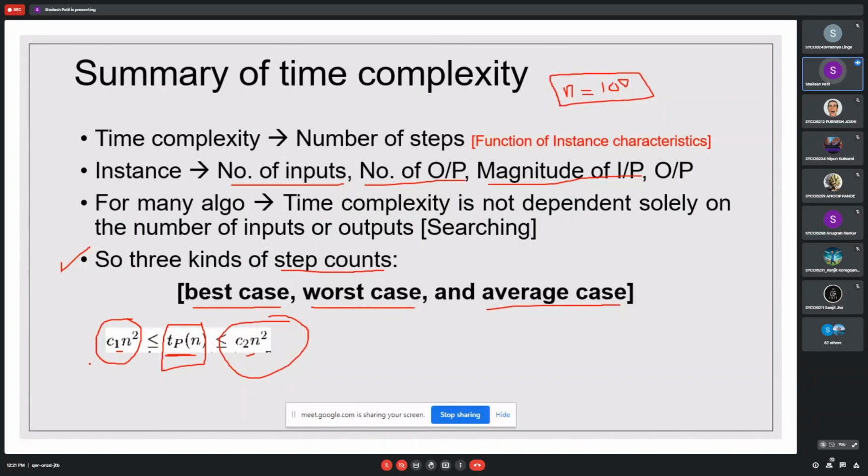Suppose C1 is 1 and C2 is 2: is it correct for any possible n value? Always, because it is 1 into n square versus 2 into n square. If n is 1, it is 1 into 1 and 2 into 1. If n is 2, it is 1 into 4 and 2 into 4. So this condition is always valid, yes or no? Yes, sir.